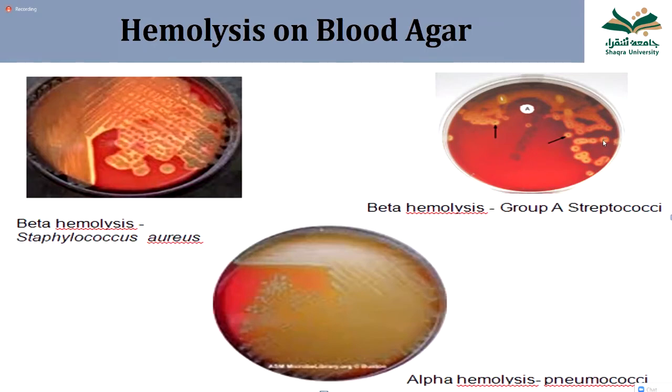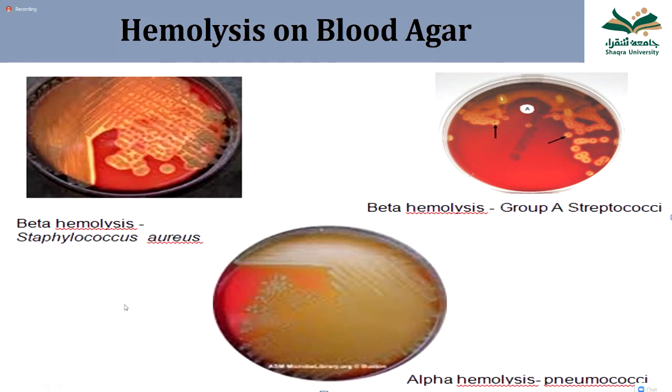So this is complete hemolysis, because of clearing of all the red color of the blood here. The complete hemolysis is known as beta hemolysis. What about this? This is also hemolysis. But do you see a complete clearing of RBCs here? There is a greenish color around the colonies on this blood agar, but no complete hemolysis. So this incomplete hemolysis is known as alpha hemolysis, and the greenish discoloration of the plate appears. So this is alpha hemolysis.